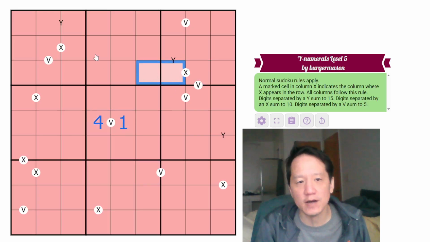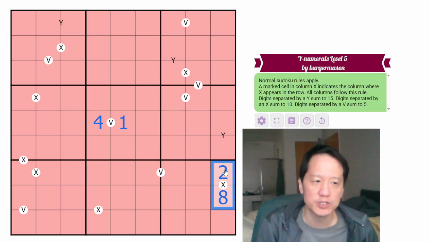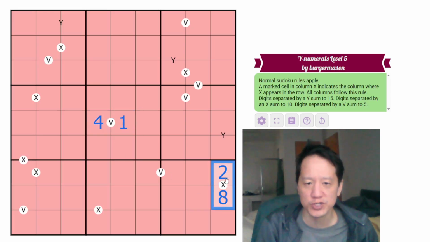And for X's, if this was, say, a 2, this would have to be 8 because the digits between X's must sum to 10. Now, this is a very common rule set, so this is probably the more important rule set to keep in mind. But in